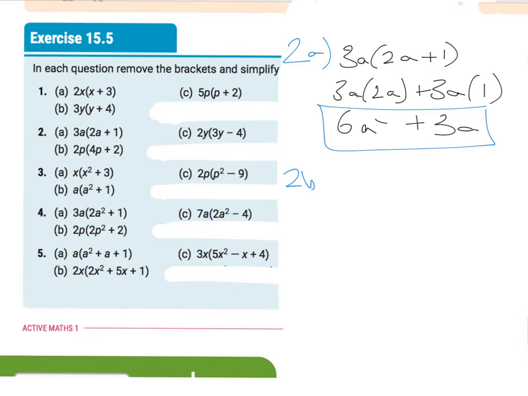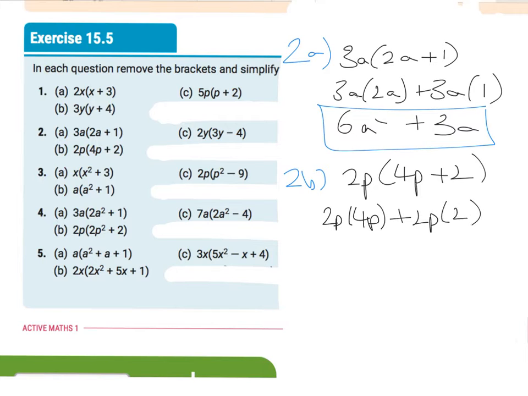2b then. We've 2p outside and 4p plus 2 inside. We multiply 2p by 4p and 2p by 2. 2p by 4p is going to give us 8p squared, and 2p by 2 is going to give us 4p. And then 2 part C,